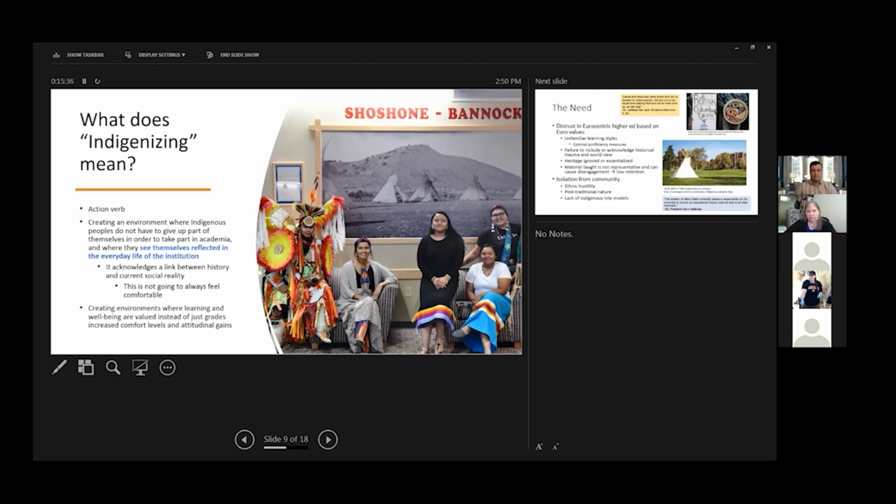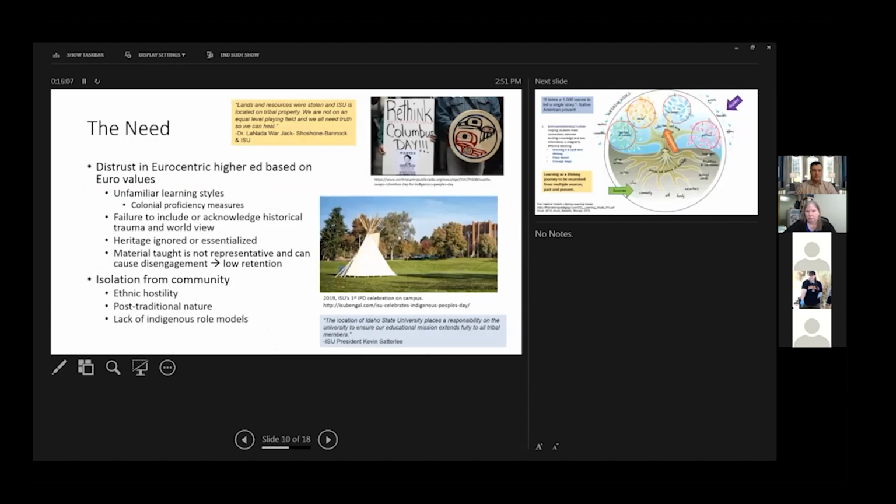It's not always going to be comfortable for instructors or for some other students, but this is the kind of discomfort that can lead to changes and openness that will make certain students feel like they can belong, because it's not just about the singular group, but how everybody has faced these feelings. The point of indigenizing is creating an environment where things can be valued from looking at an Indigenous perspective. So the real need here is a general distrust of Eurocentric higher ed,